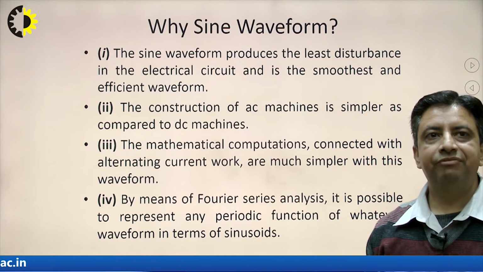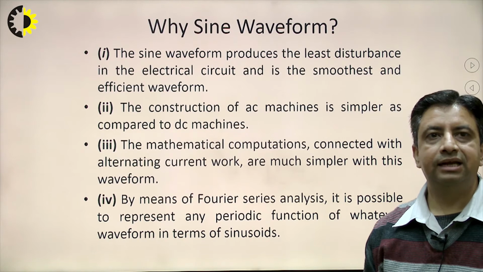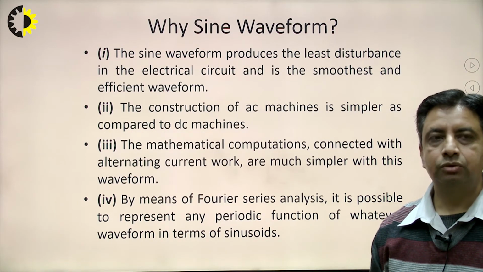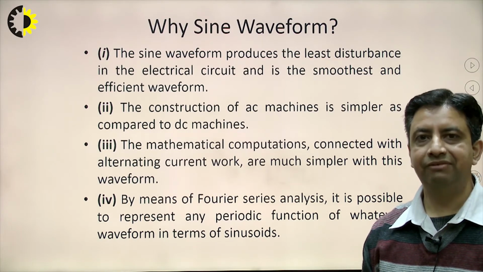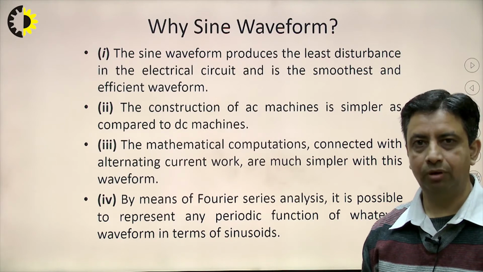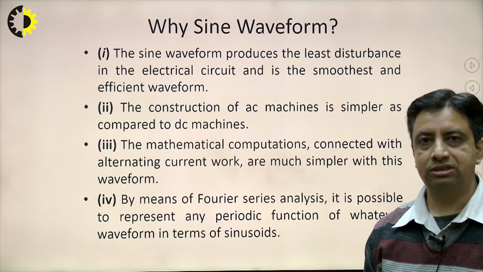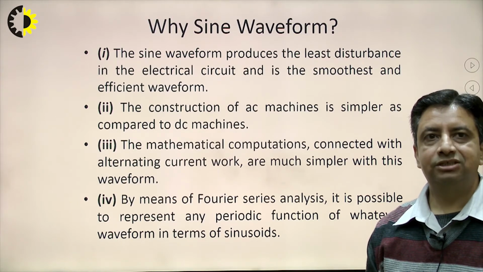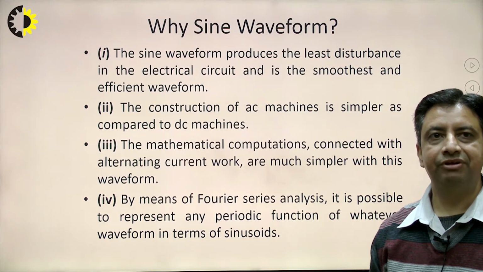So the sine waveform produces the least disturbance in the electrical circuit and is the smoothest and most efficient waveform. By this we mean that the distortion that occurs to a sine wave is minimum compared to any other type of waveform when it passes through any linear R, L or C circuit. So, as the distortion is minimum, we generally prefer a sine wave over any other